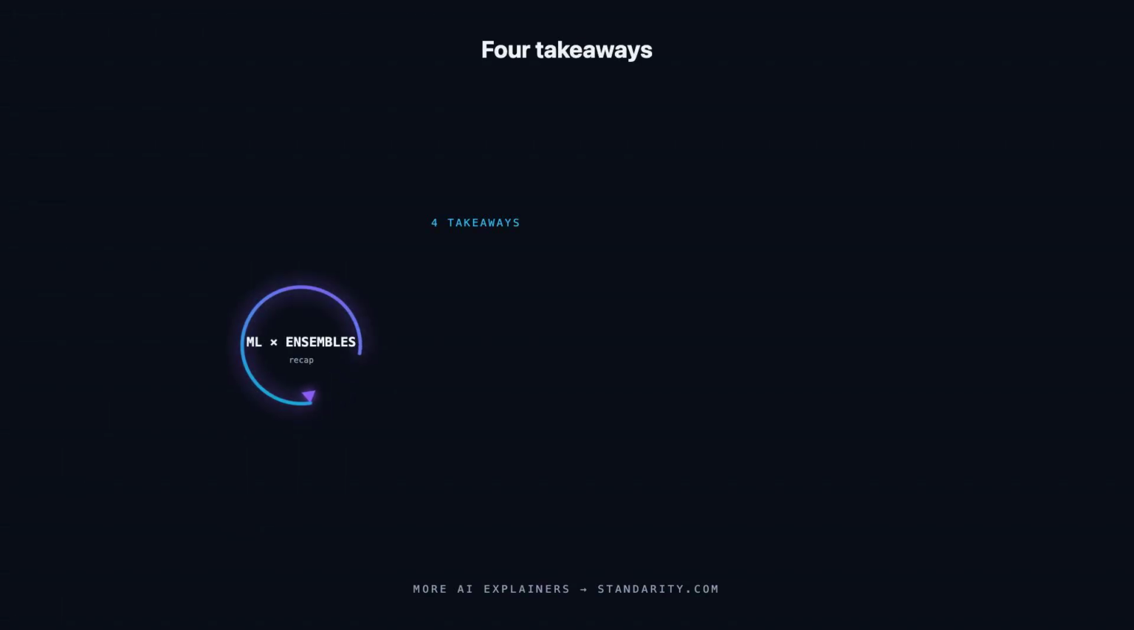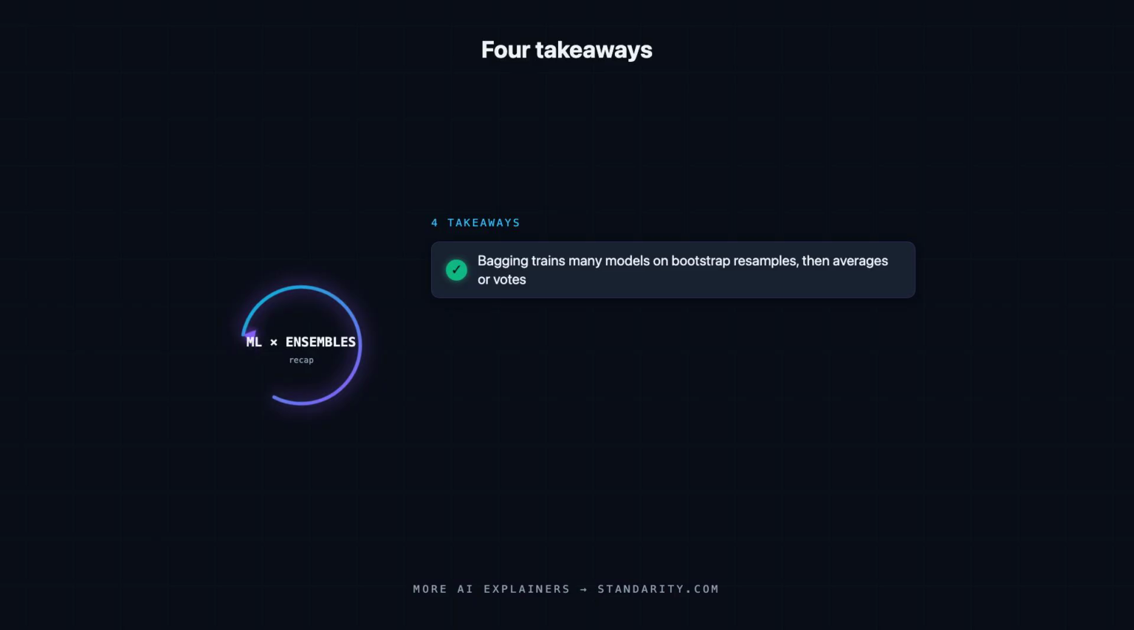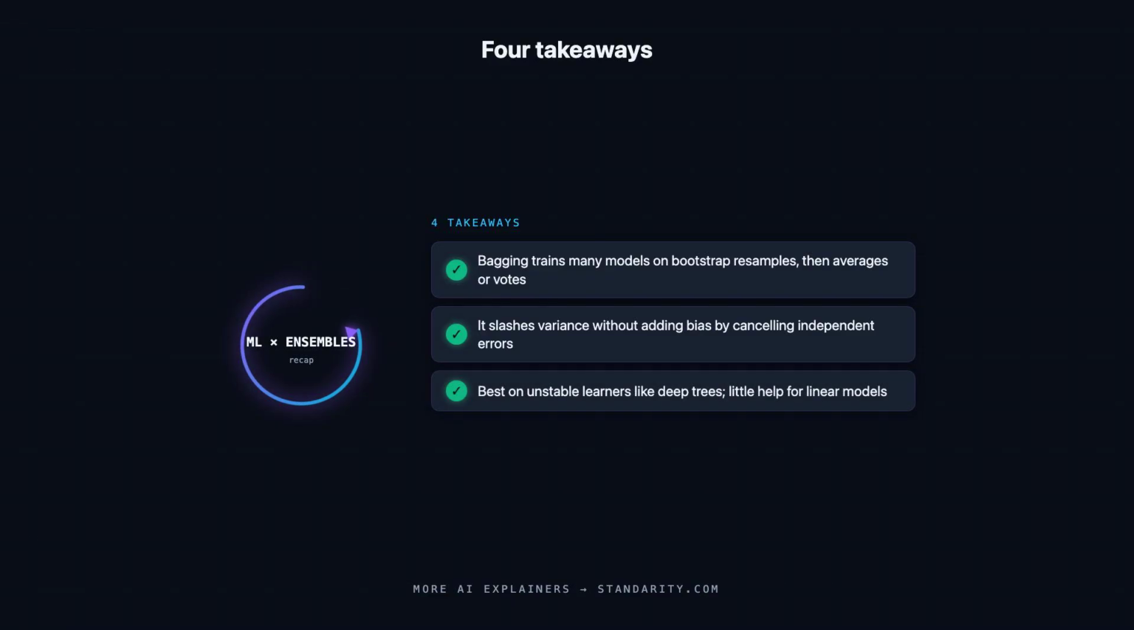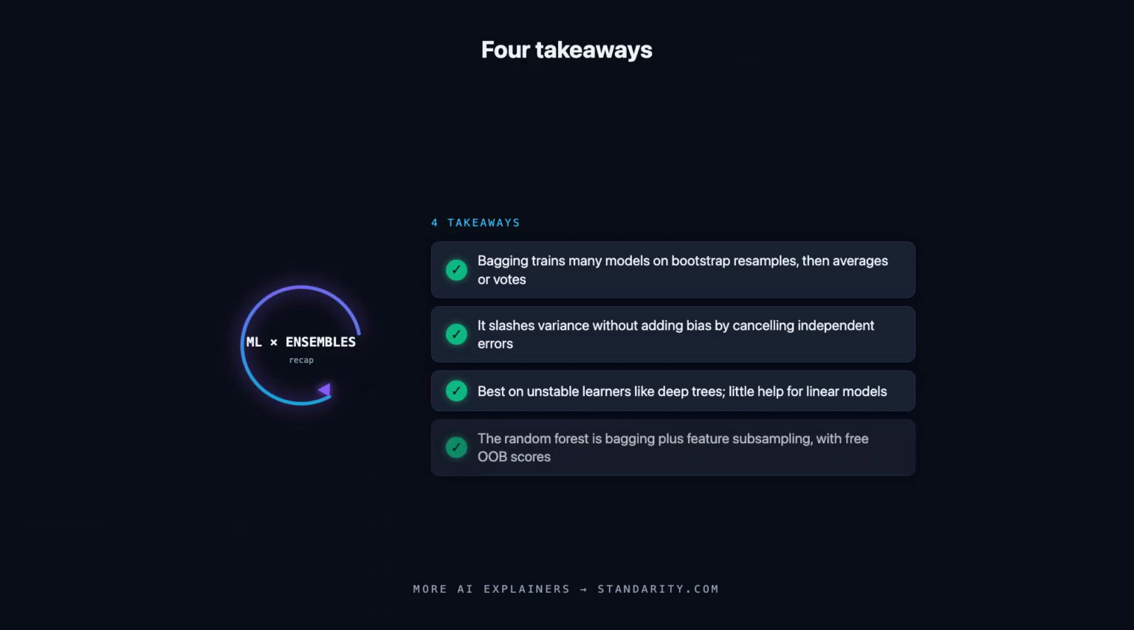All right, let's lock in what matters. Bagging, short for bootstrap aggregating, trains many copies of a model on random resamples and combines them to slash variance. Each model gets its own bootstrap sample, drawn with replacement, and the members are pooled by averaging for regression or majority vote for classification. It works because unstable learners make largely independent errors, so averaging cancels the noise without adding any bias to the result. The classic example is the random forest, and you even get